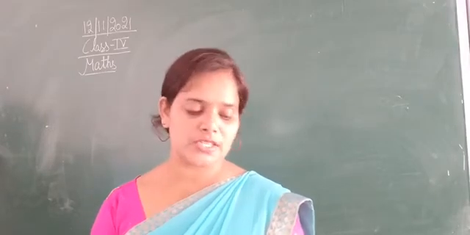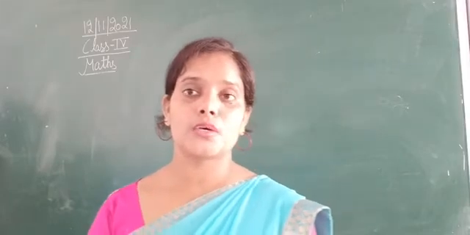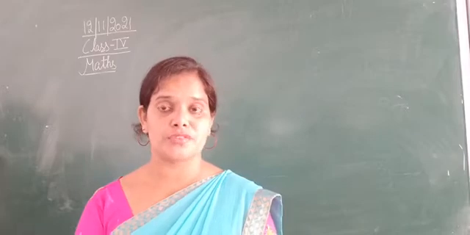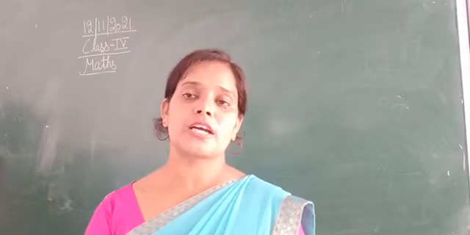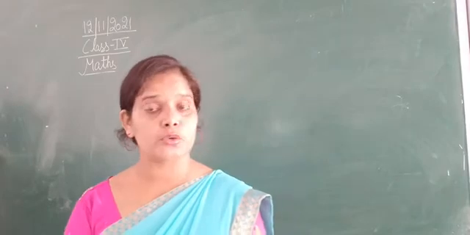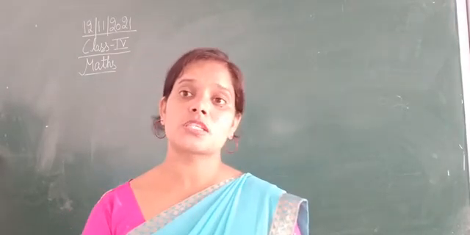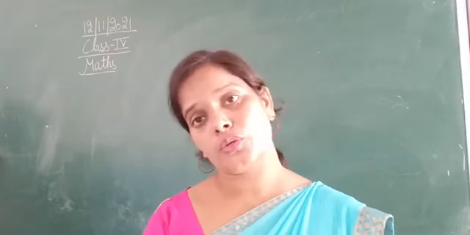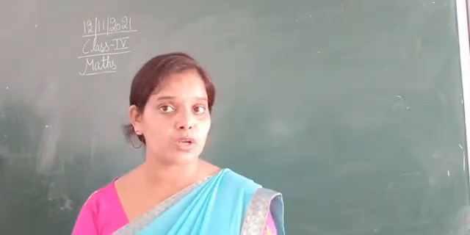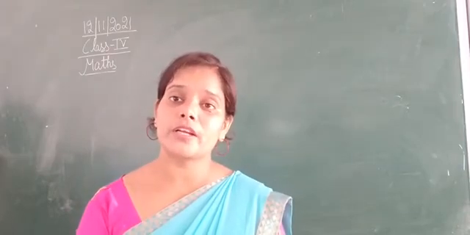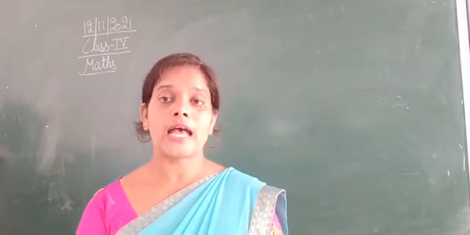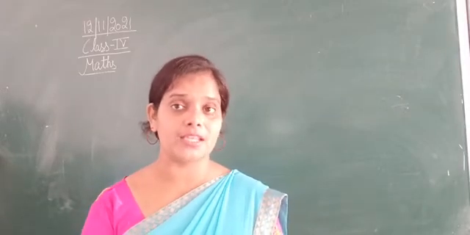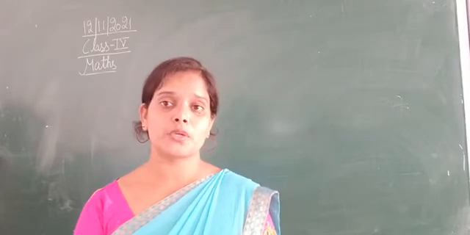So class, in the last session, as you all know, we have done the introduction part of the chapter number 10, that is measurement of weight. I have given some introduction about the topic, that what are the two standard units of measurement. So that was kilograms and the grams. Okay, how to do the conversion of the smaller unit into the bigger one and bigger into the smaller one. Okay, after that we have done how to split the weight. Okay, and then after that I have given a small introduction about the topic, that is how to add and subtract the similar units in weight.